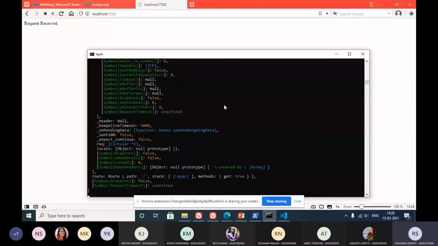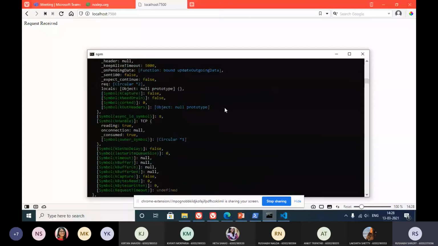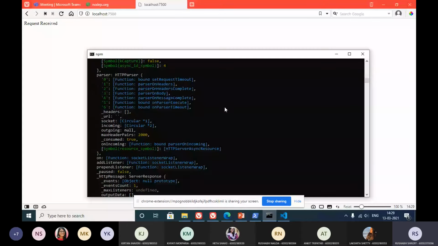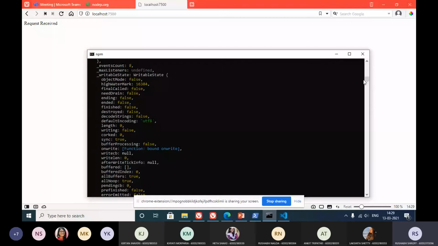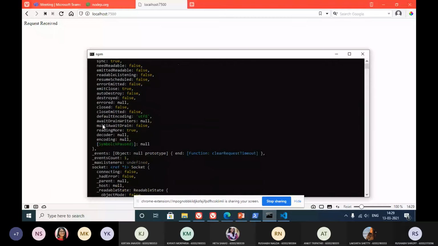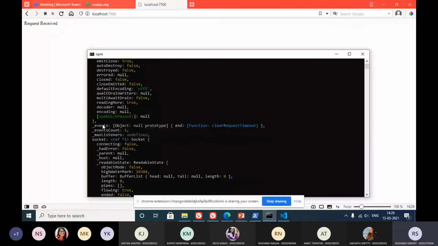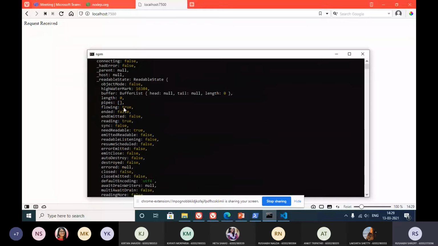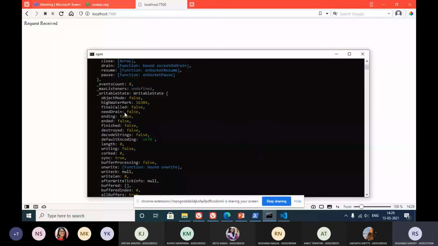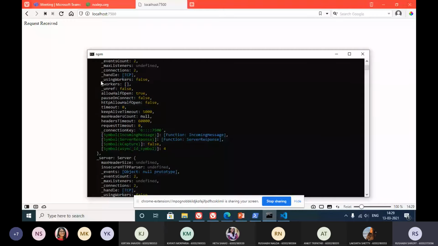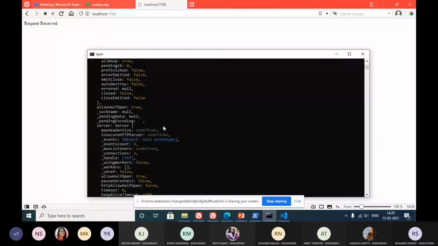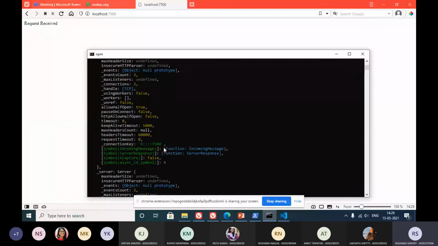So this is the entire request object that we've received from the browser. You can see it's the incoming message. There are a lot of things that are created by Express itself from reading the request, and parts of the request have been added over here. Browser does not send all these things onto the Express server, but whatever the browser sends, Express parses it and creates this particular object with respect to the request it has received.